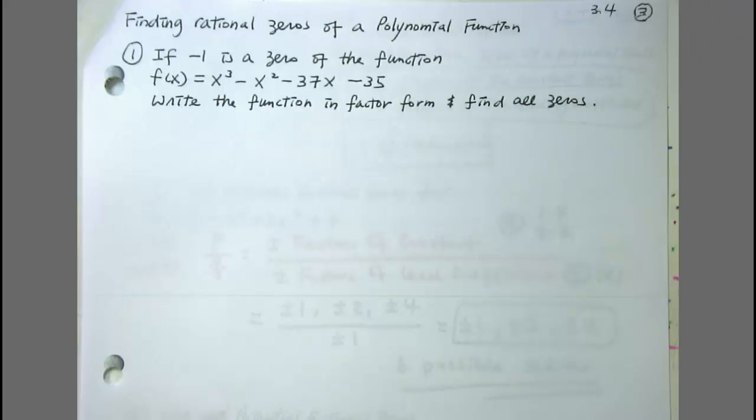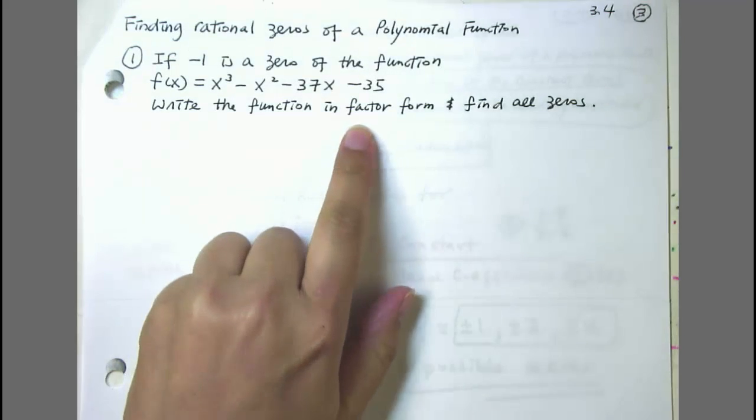Next, we are going to try to find rational zeros of a polynomial function. As you can see in this example, you have a degree 3 function and they give you one of the solutions. It's a popular exam or final exam question. So when you have a degree 3, it means you can have up to how many real solutions? 3. And if you're given 1 and they ask you for the function in factor form and all the zeros,